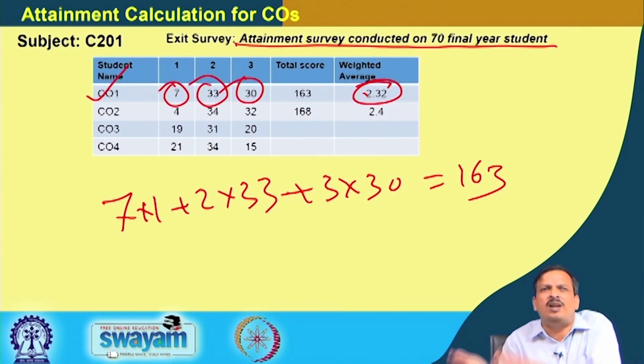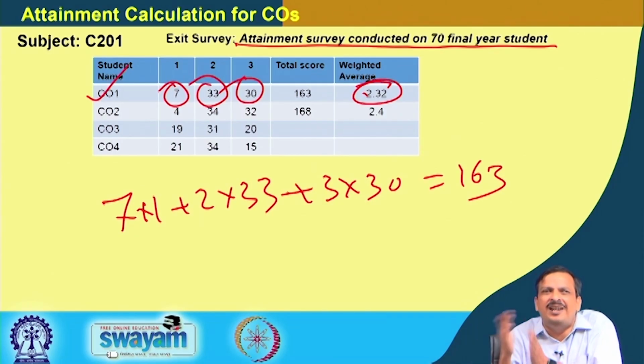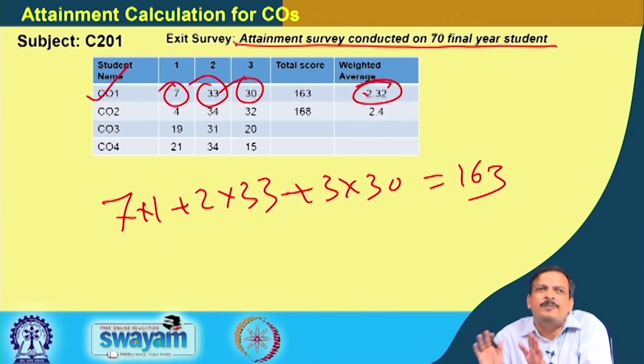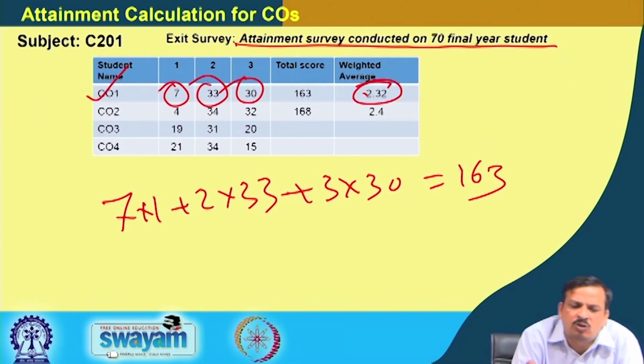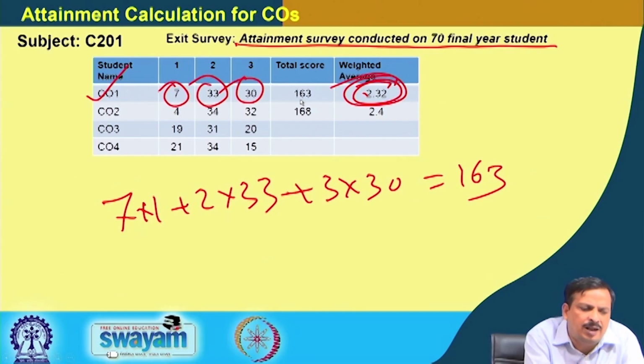I can also calculate the standard deviation to find out the reliability of their feedback, that you can easily do. Those are statistical, and I am not discussing that part. So, not only are you finding out the mean, you are also finding out the standard deviation to test the reliability of their feedback. Okay? So, let us say the feedback is reliable, then the attainment level of CO1 is 2.32,